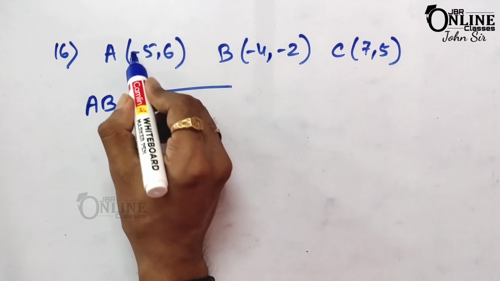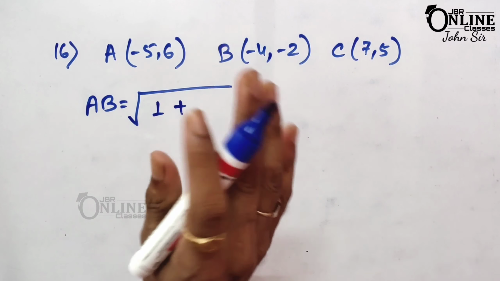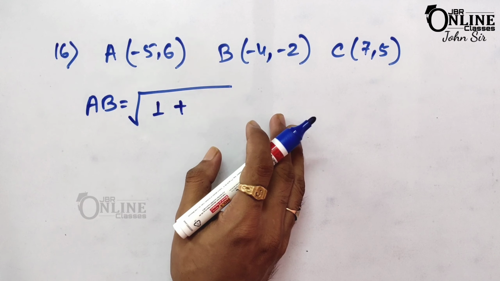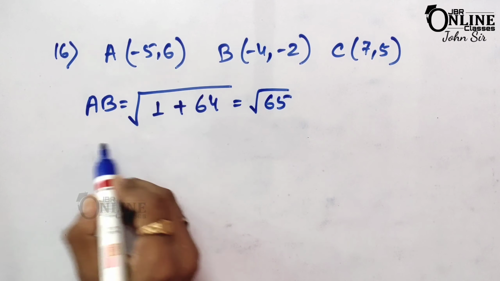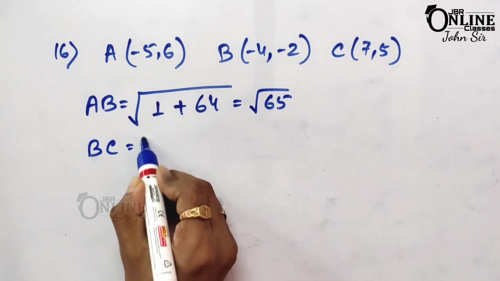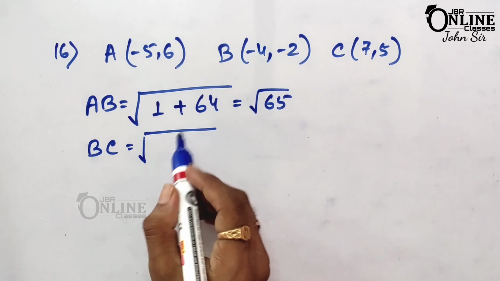So it will be minus 4 plus 5, then 1. So 1 square means 1. Minus 2 minus 6, that means minus 8. So minus 8 whole square, it will be 64. So root over 65. Then here BC equal to 7 minus, so here plus, that means 7 plus 4, it's